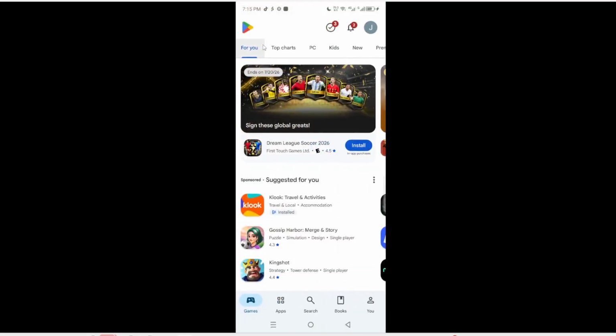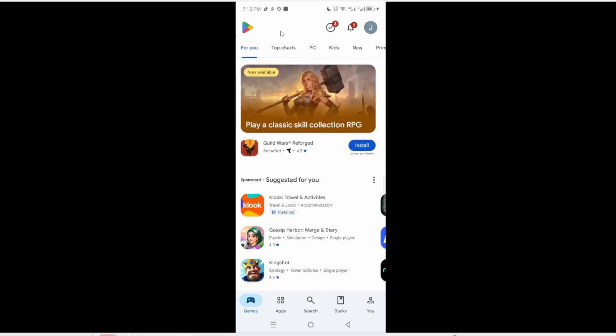You will see a vast array of apps and games available for download. The Google Play Store is the official source for Android apps, making it a safe and reliable choice. If you are not signed in, you may be prompted to enter your Google account credentials. This step is important because it ensures you can download apps smoothly and securely.